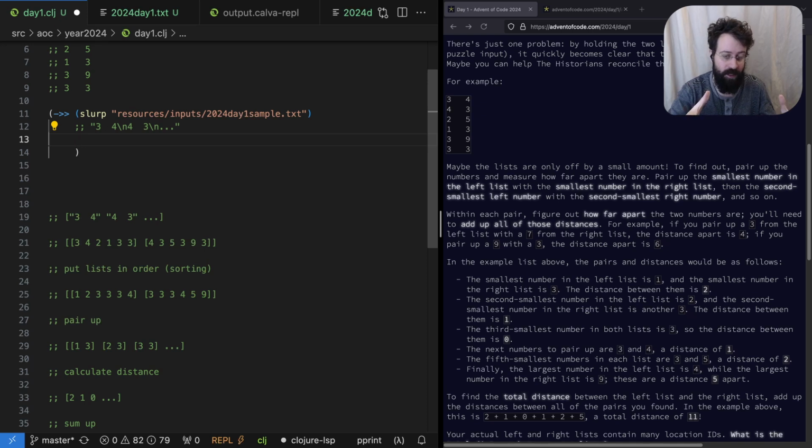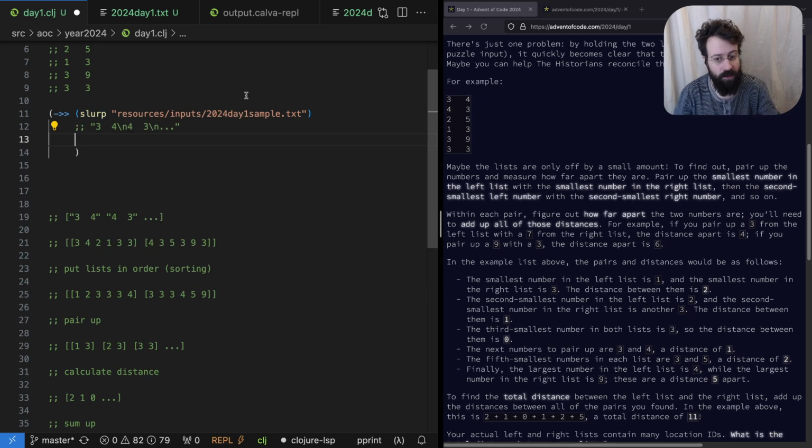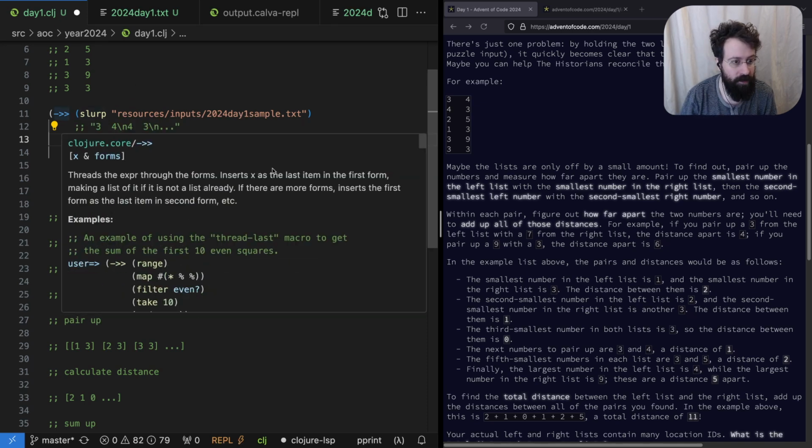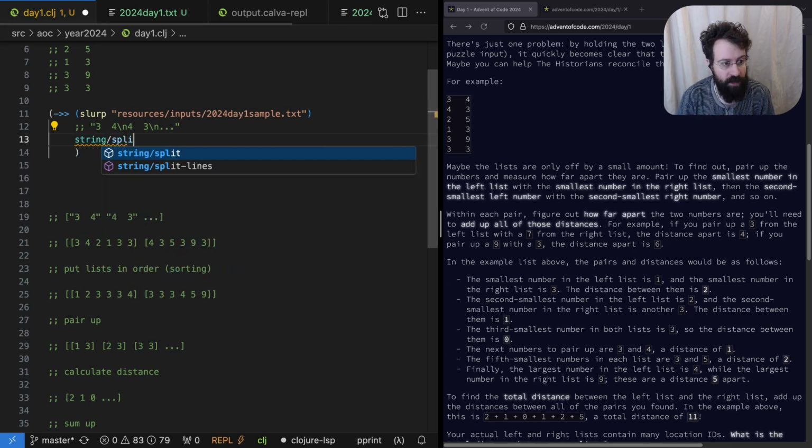And so maybe for some of these steps that we're doing today, you'll be able to already jump at the next step, and that's great. And for some of them, you'll be like, well, I don't know how we're going to go from this data structure to this other representation, and so I'll be the first one showing you. Okay, so here to go from this string that has multiple lines in it to multiple strings in a list or a vector, the function that I want to use is split lines. I just know that that will do the job,